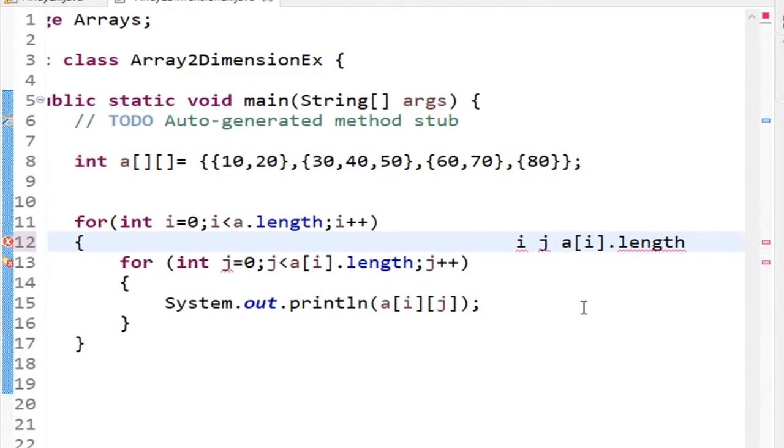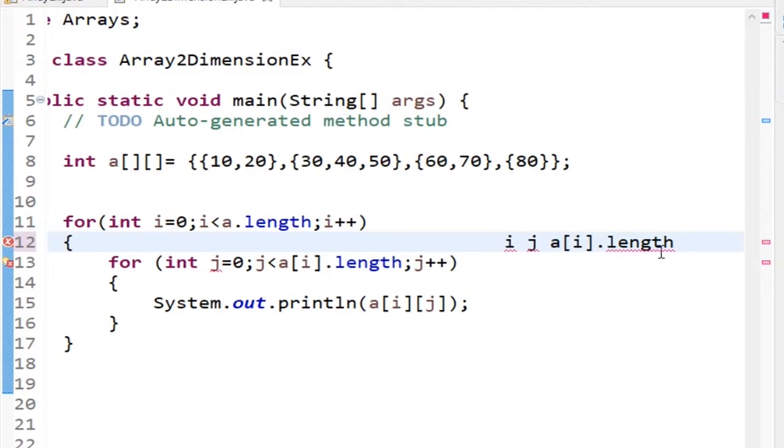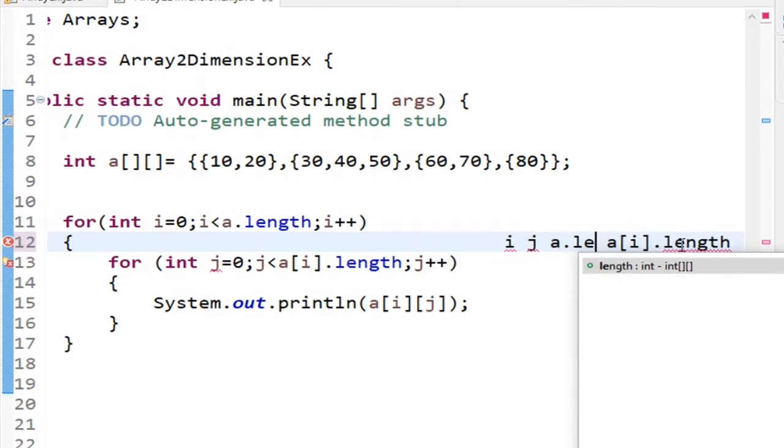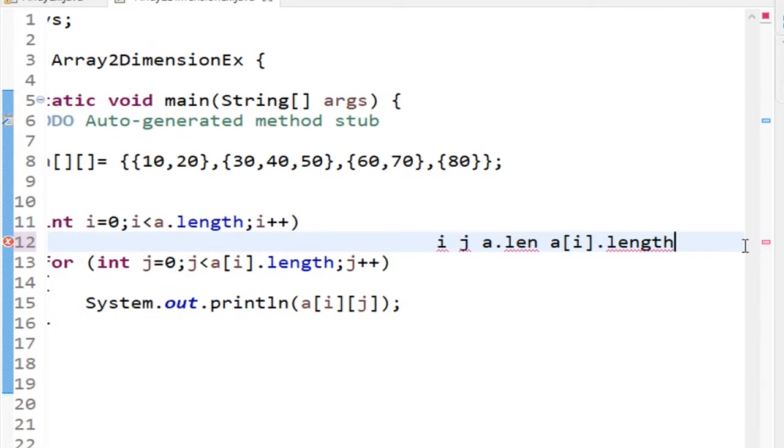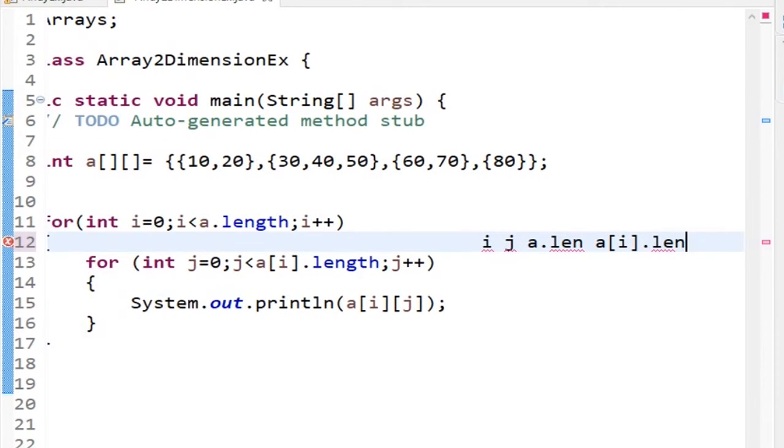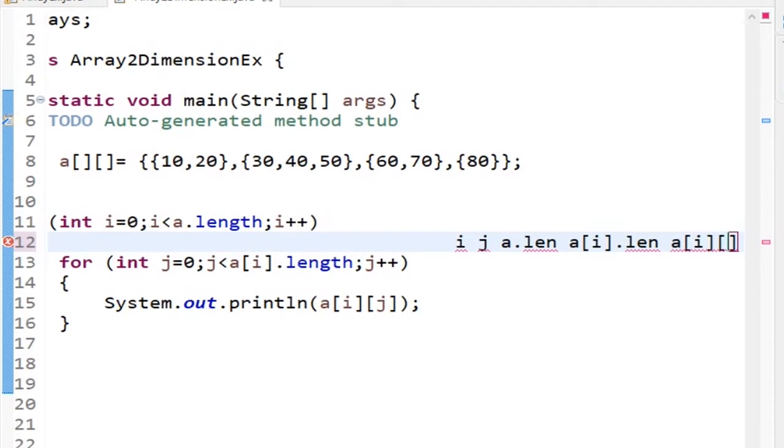And a dot length, I'm taking it as just a dot length, and I'm taking here a of I and j for your understanding.